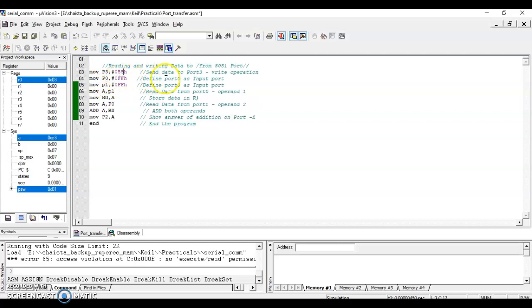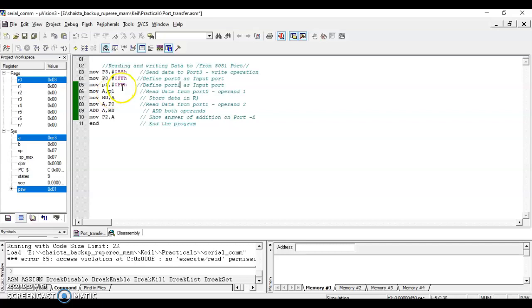So here I am defining port 0 as an input port, and here I am defining port 1 as an input port. This is written into the internal latches of port 0 and port 1, and it will make the port act so that it is going to read or receive the data.